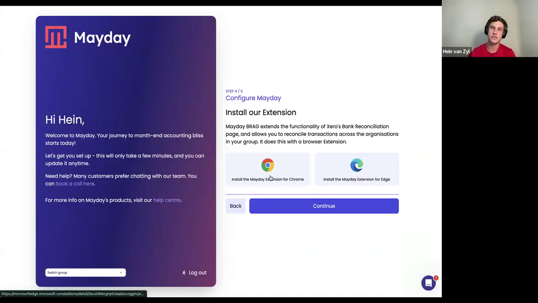And it's also worth noting that this needs to be done on a per user level. So just because one user, for example, myself, logging in and downloading a browser extension for my computer doesn't necessarily mean the next teammate of mine who logs in will automatically have that browser extension. Each teammate that logs in would just need to download the browser extension. Once again, I'll show you how to do that from within Mayday in a minute.